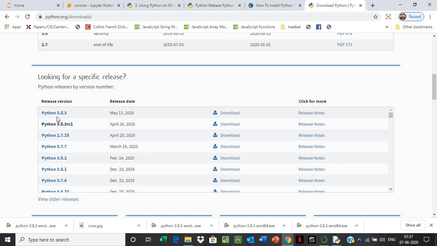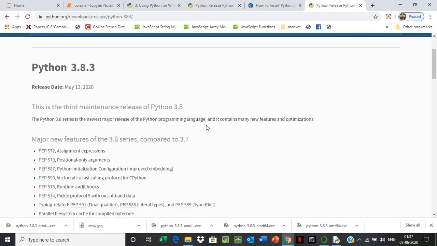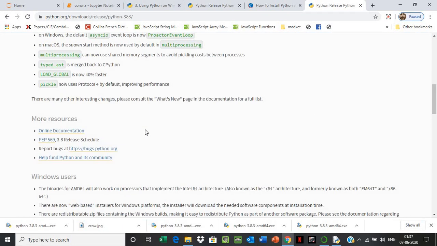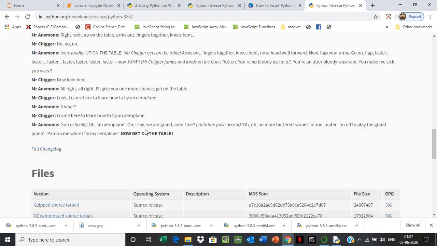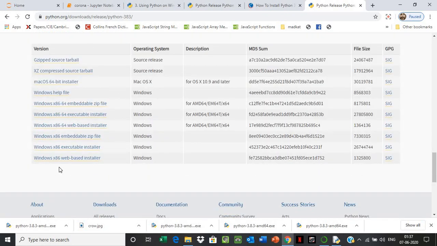Suppose you want to download this latest version, you click here download, and it will show you lots of things. You can read them, but you come to the end. Here you see Mac OS, that means it is for Mac, Apple.